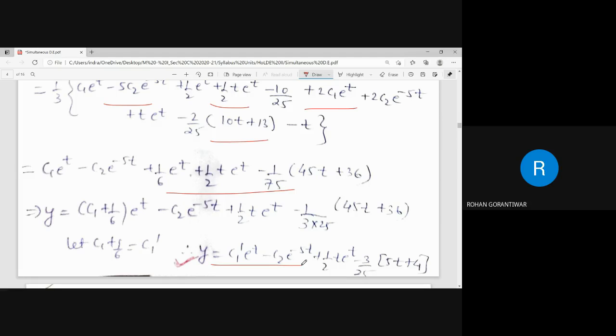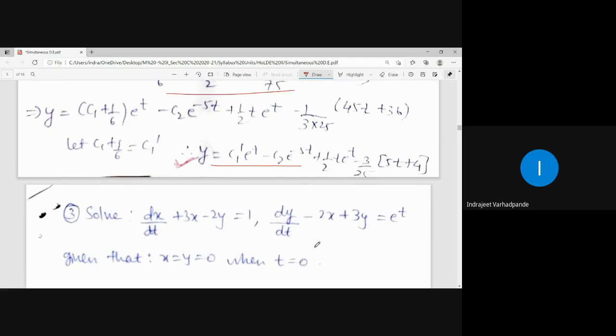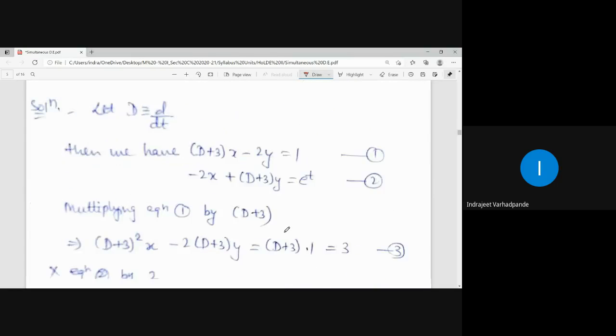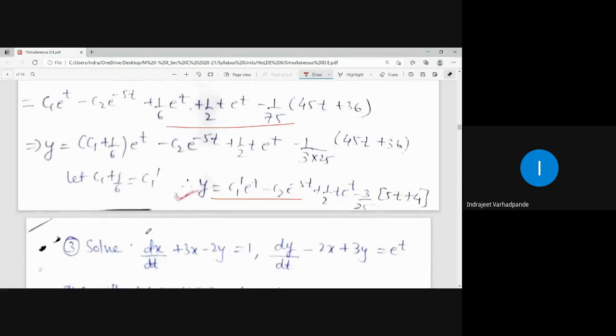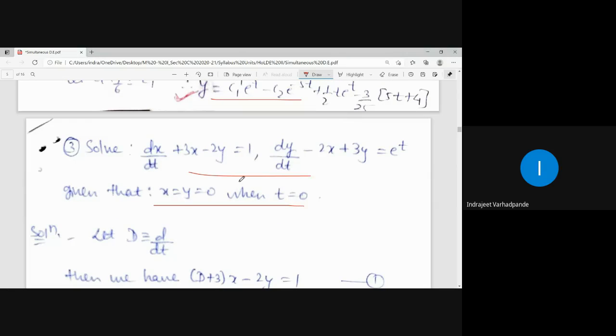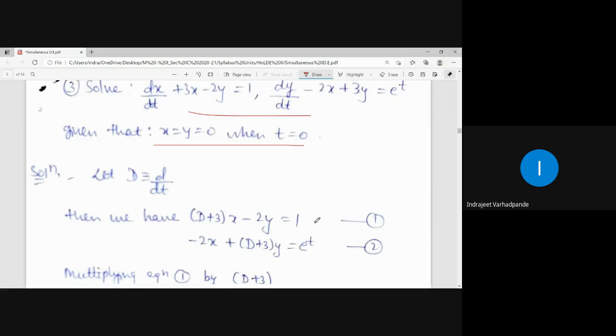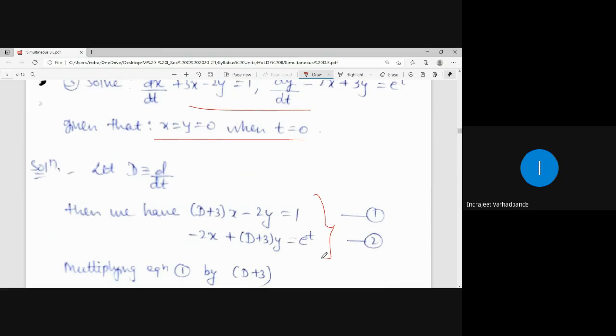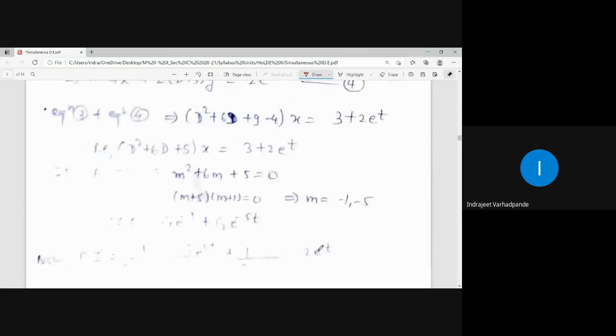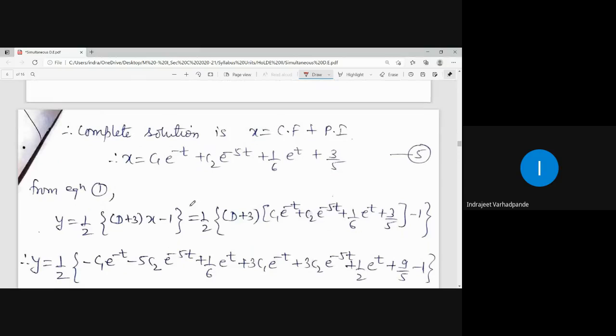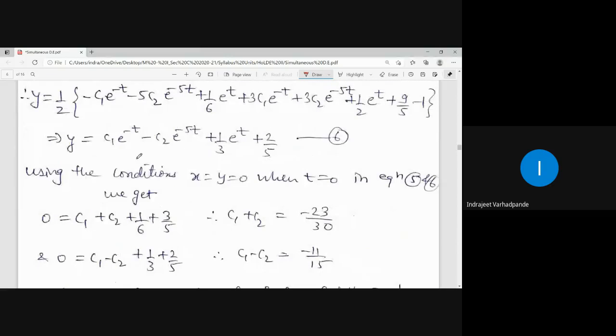Now sometimes some other conditions will be imposed. If certain conditions are imposed, I will be writing down the answer for x and y. Suppose you consider this particular example, I will normally calculate it by eliminating, making one of the variables the same, calculating the value of x, and calculating the value of y. After getting the values of x and y, use the given condition. How is the given condition to be used? When x equal to 0, y equal to 0, t is equal to 0.